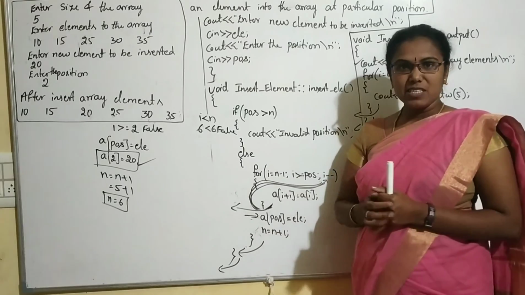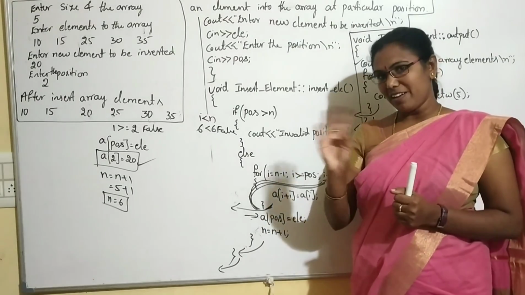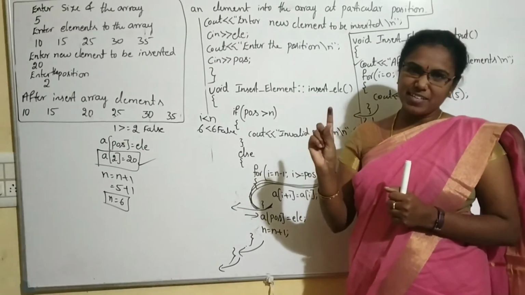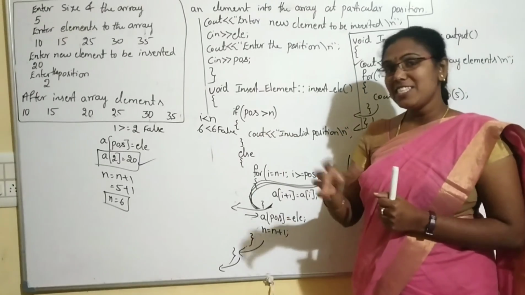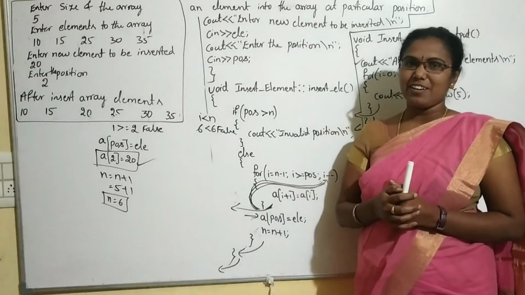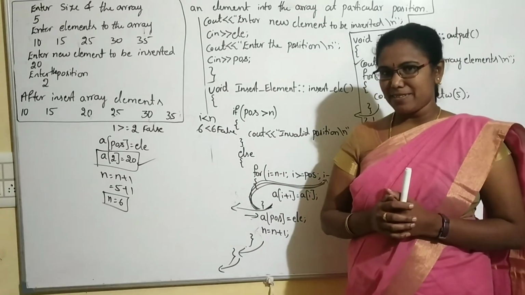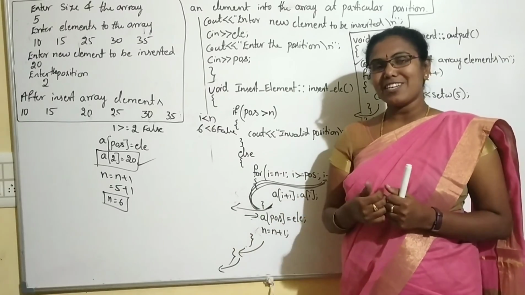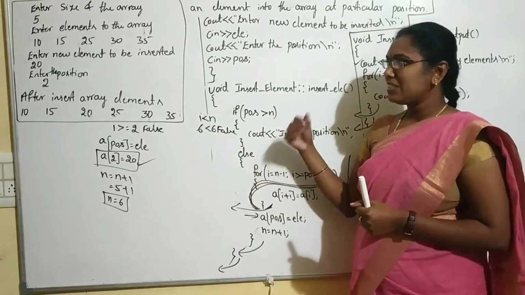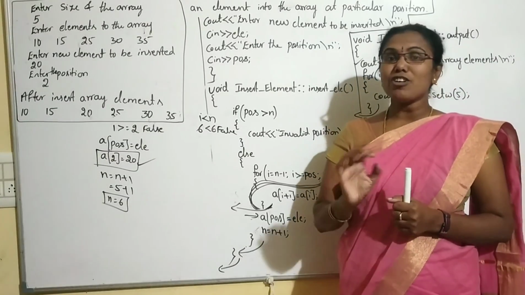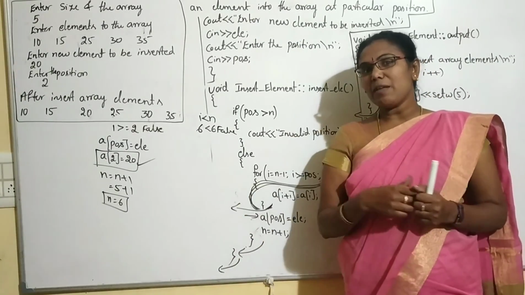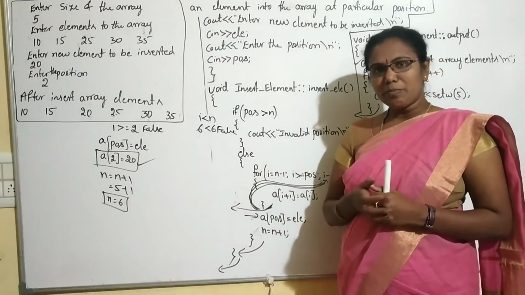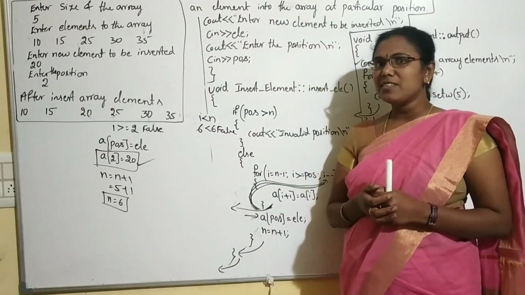So totally we have discussed 4 programs because we have already explained 4 operations: the traversing operation program, linear search, binary search, and the insertion operation, inserting an element into the array. So almost all programs are easy, right? The tracing is very helpful to you to understand the program easily. So in the next class, we go for the last operation in an array, that is, to delete an element from a particular position of the array. That program also we have put in the lab. I will explain it in the next class.